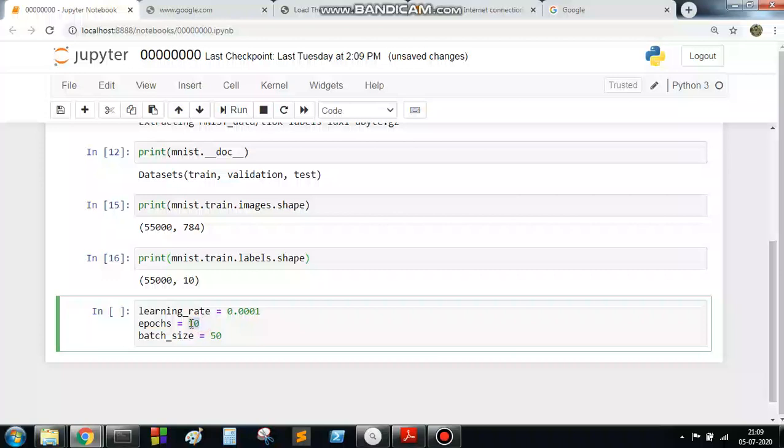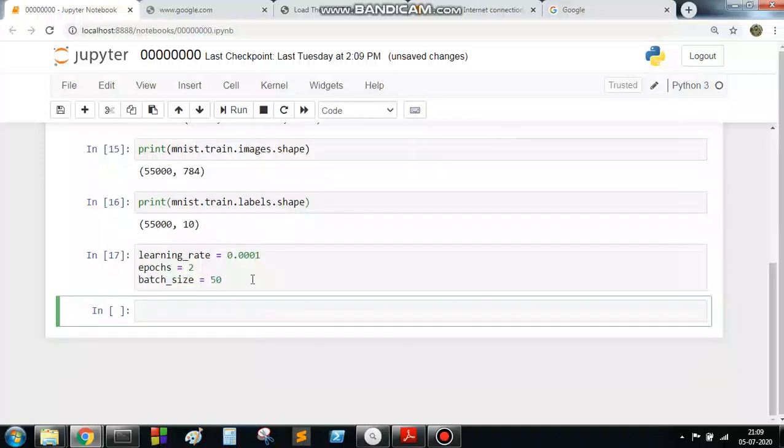No, just make it a little less, say 2 epochs. We are not going to maximize our accuracy. We just need to execute the code and make you understand how things actually happen, so 2 epochs is sufficient. Okay, now this is decided.